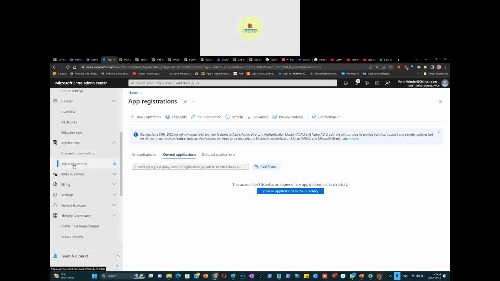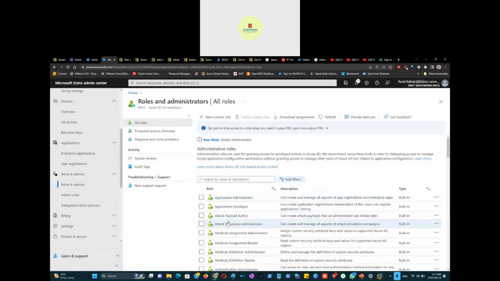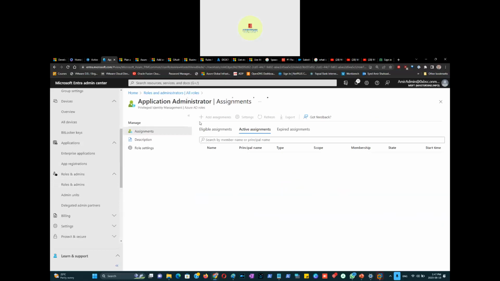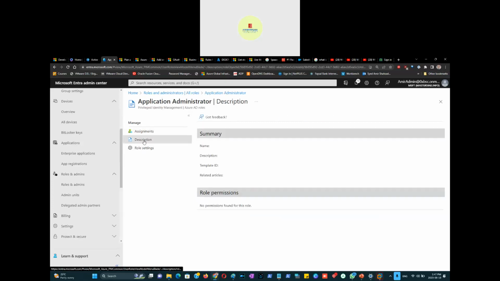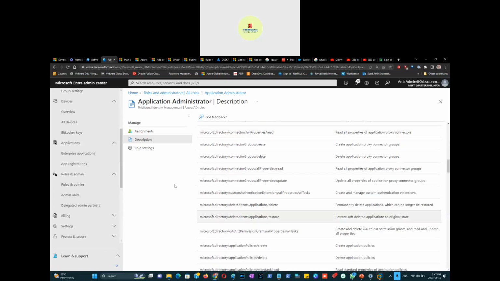Anyway, registrations. So this is just registering apps if you are the owner of the apps. Other than that, roles and admins here are all the roles that you can add users to, and then they will get that privilege. So nothing rocket science here. You just go to the role, make sure that that user really needs to have that role. You can check the description of the role, what this role actually will let users do, and then click add